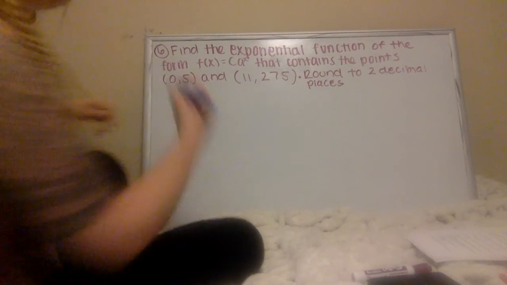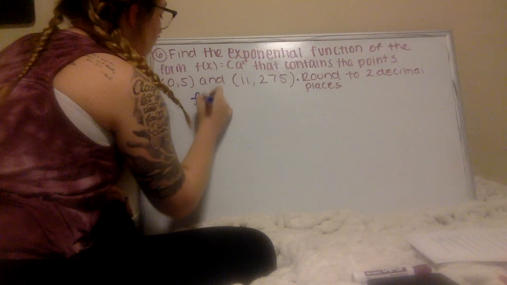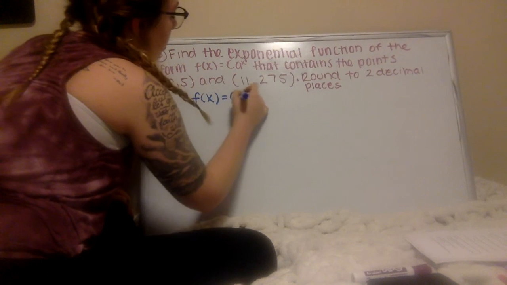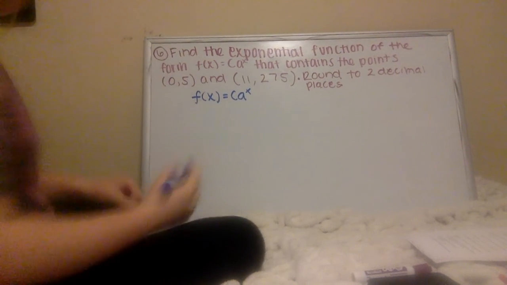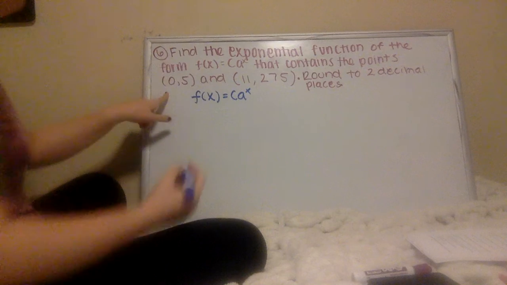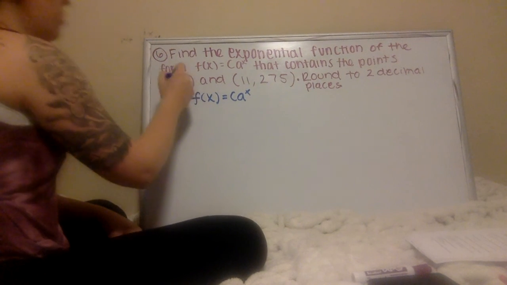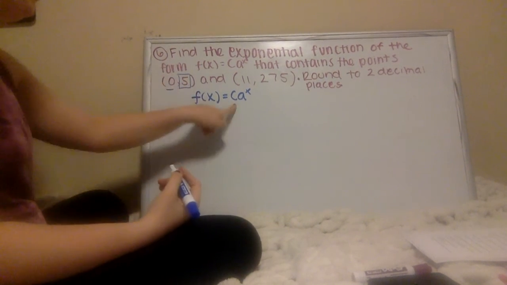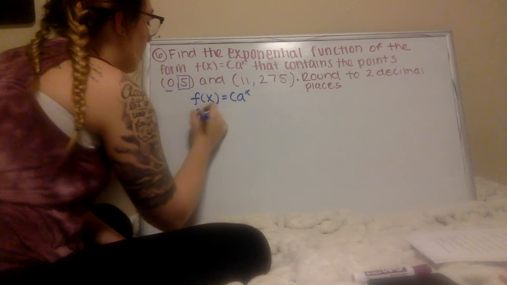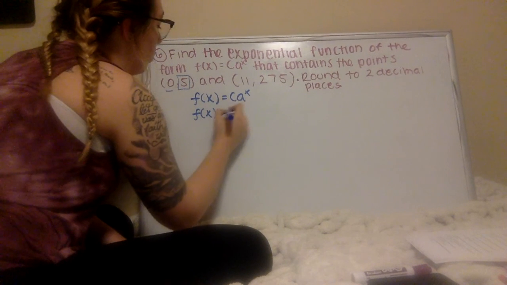Alright, so first things first, we know that we want this in the form of f of x equals c a to the x. Whenever we're given a point where our x value is 0, we know that our y value is then our initial value, or our y-intercept, which is our c. So I'm going to go ahead and write that down. So we have f of x equals 5a